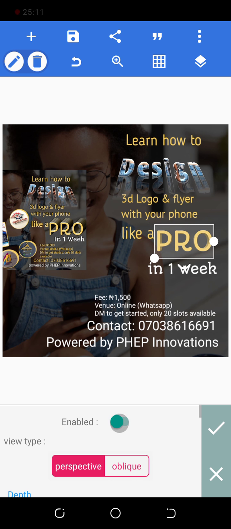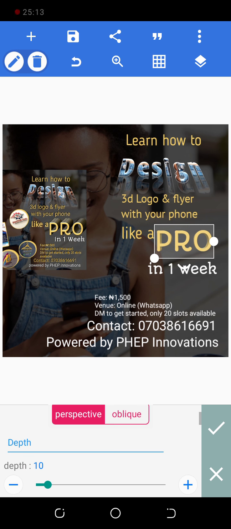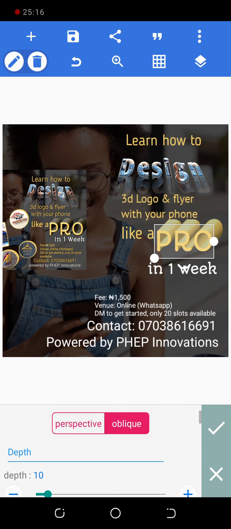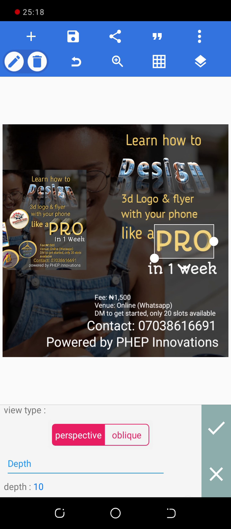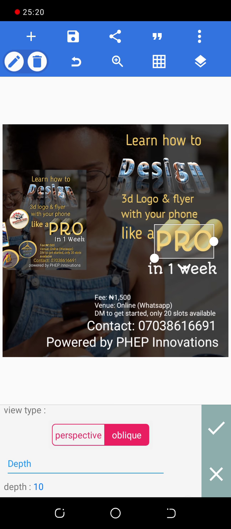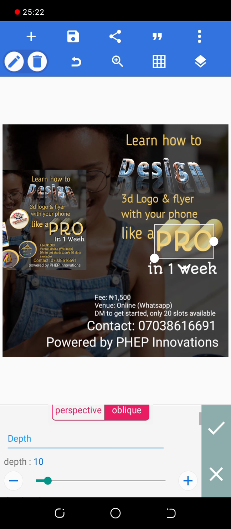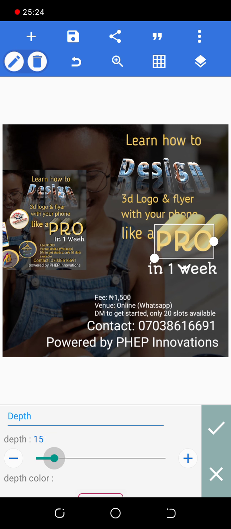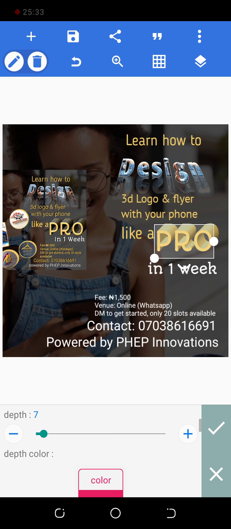3D. We enable 3D text oblique. So you make it oblique, not perspective. Make it oblique. Okay. So we are going to reduce the depth of the oblique to make it look exactly like what we are working on. Okay, that's it. So we go down